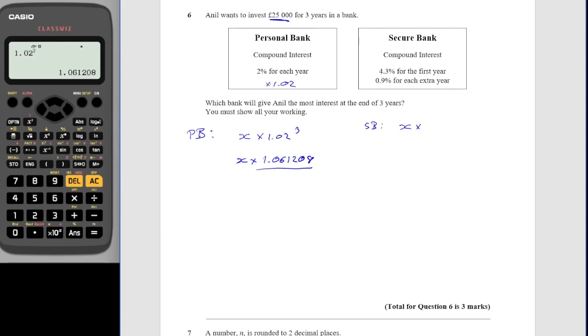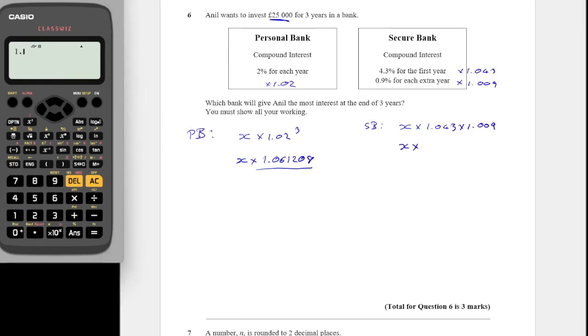So 1.43% as a multiplier would be 1.0143, and then 0.9% as a multiplier would be 1.009. So the overall multiplier for this would be 1.0143 times by 1.009 squared, sorry. That's my squared off there. So that has a multiplier of